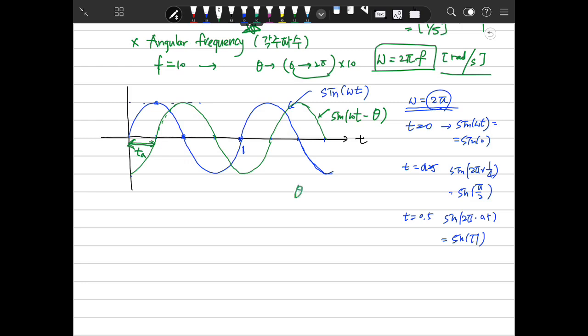So theta is the same as omega Ta, which is 2 pi divided by T, times Ta. This is theta. We call this phase,